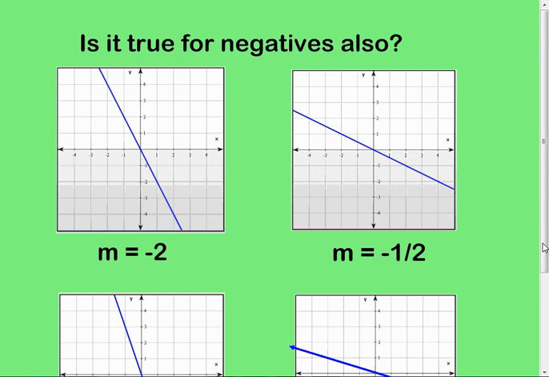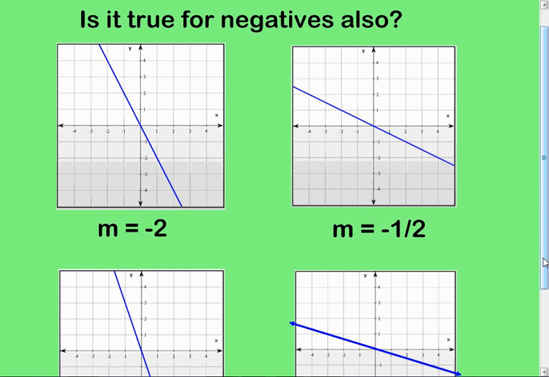Now, what about negatives? Oh, this is going to be tricky. Which one's steeper? You're sliding down hills, and you like to go fast. Which one do you want to go down? I want to go down -2. How does -2 compare to -1/2? It's not bigger. It's smaller. So with the negatives, the steeper one, I look at the absolute value, which is just this